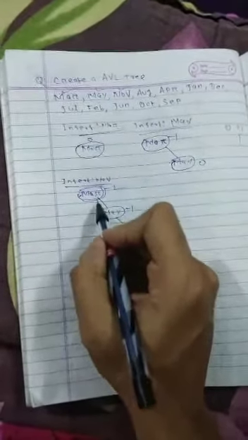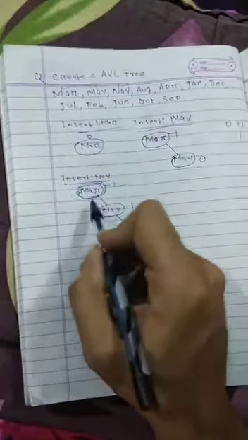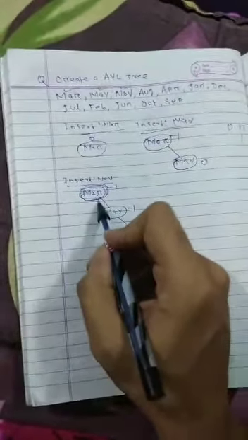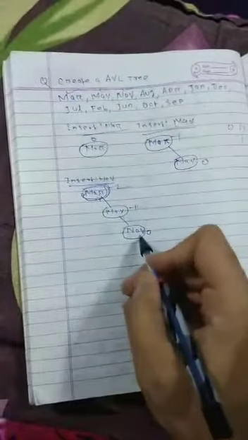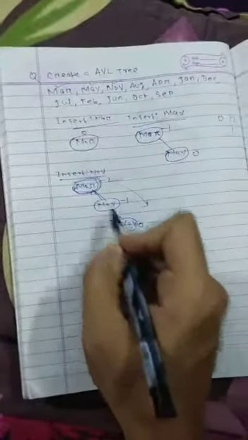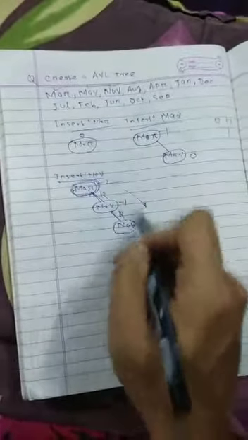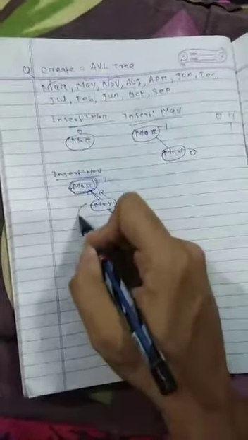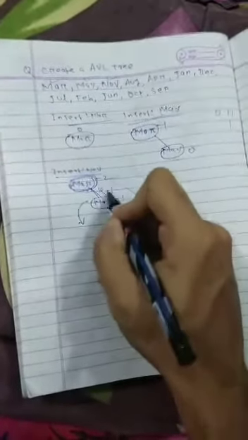Next, what is the rule? I am already telling that. This is the violated node. Then see which is the newly inserted node. Here is the newly inserted node. We go forward in this direction and consider two hops, one hop, two hops. Then find the nomenclature. This is right, right, so this is the RR nomenclature. For RR, we perform a left rotation, and this goes to the upper.